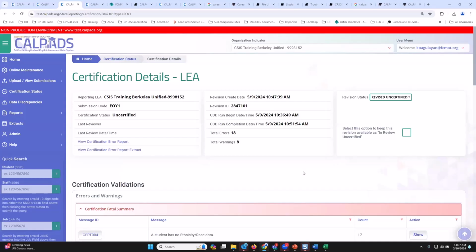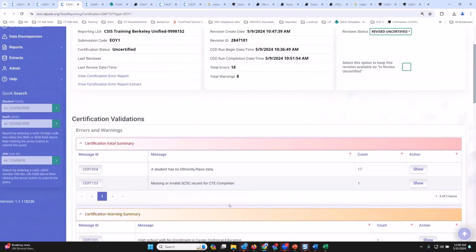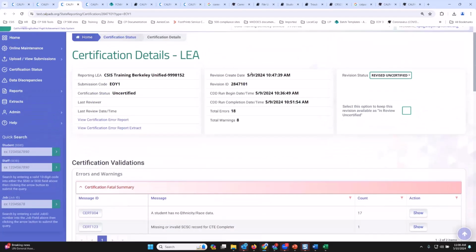So why am I saying this? Number one, as obviously you've experienced, CalPADS certification snapshots are running slow. Whatever corrections you've made to address data discrepancies aren't appearing here, or if you've tried to address all of these errors, maybe your revision is still delayed, right? And so you have to be aware of the different dates here.